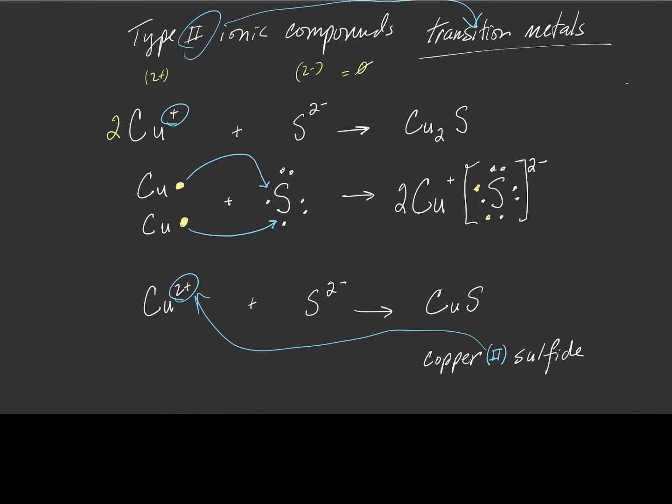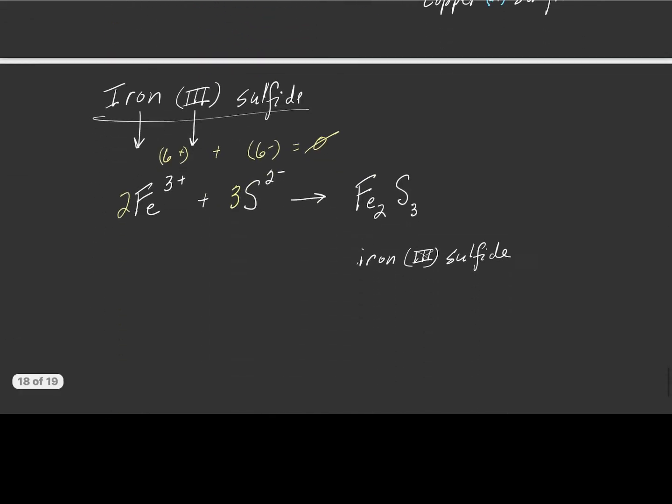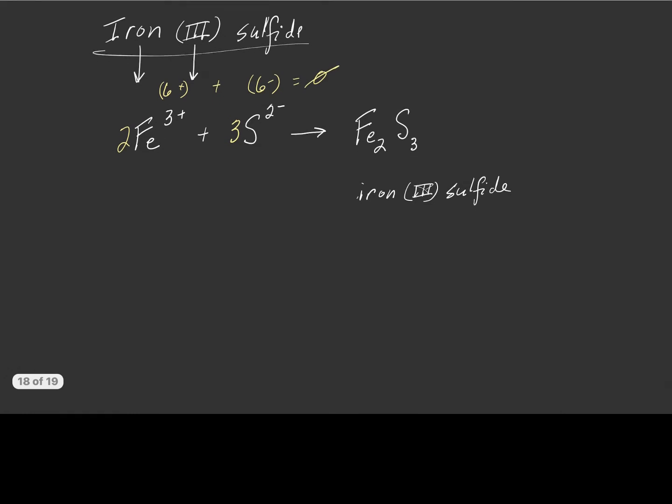So now what we just finished writing was the process where we're showing ionic bonding that forms copper 1 sulfide. All right. So let's look at something maybe a little more complicated. Let's go back to our example here with our iron 3 sulfide. So according to this,